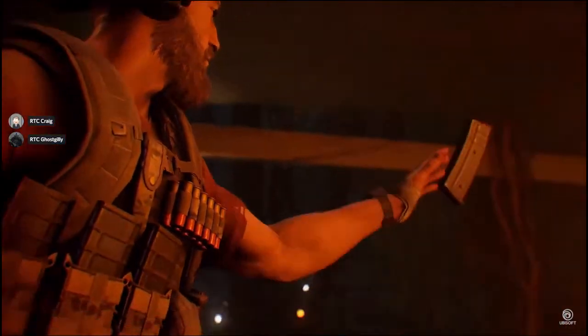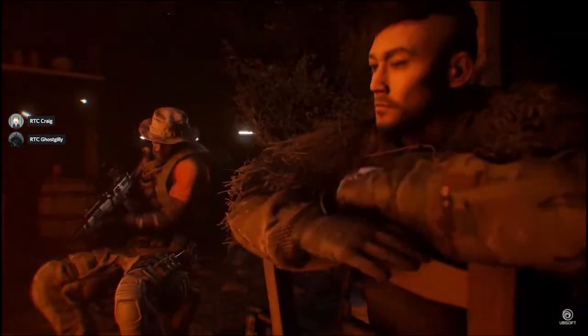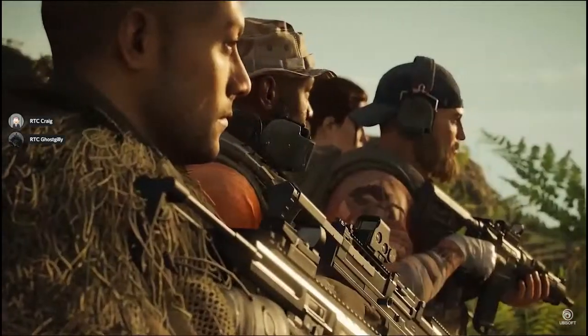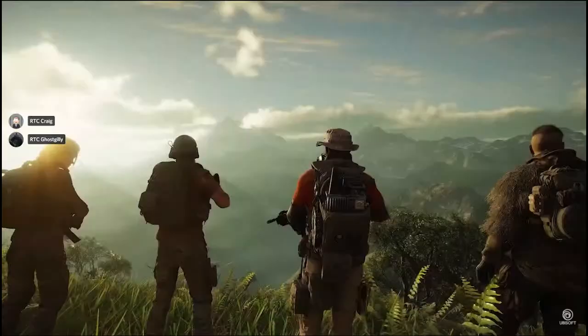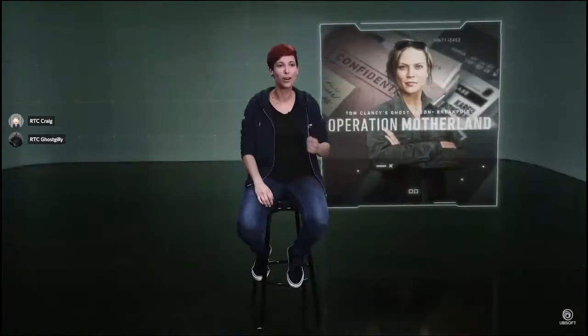Those early difficulties we had have helped us to gain a better understanding of what's the core of a Ghost Recon game: a customizable team of elite operatives given the freedom to approach objectives however they choose, all underpinned by an unmatched sense of realism. It's always a joy to know that millions of players are having fun with something that myself and the team at Ubisoft have worked so hard on.